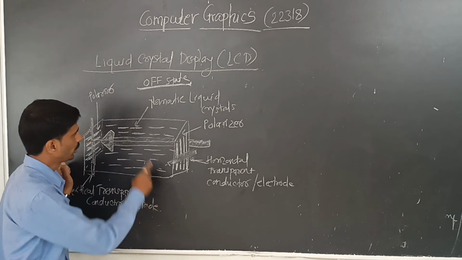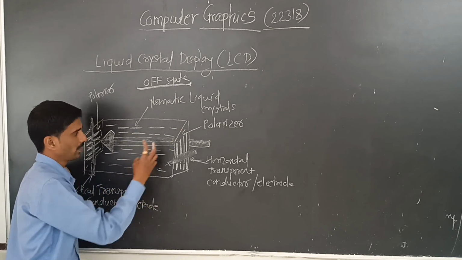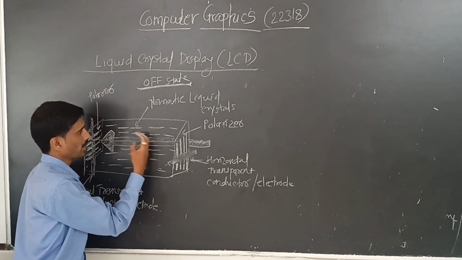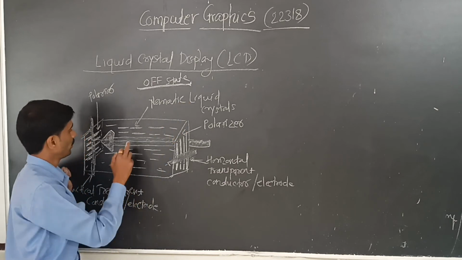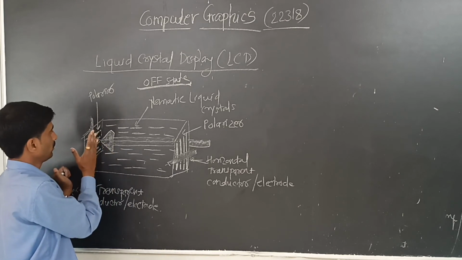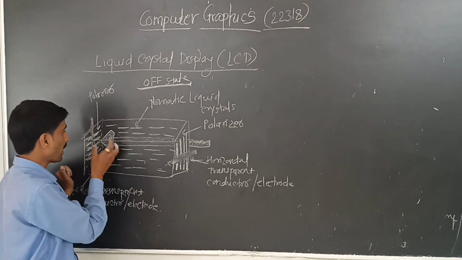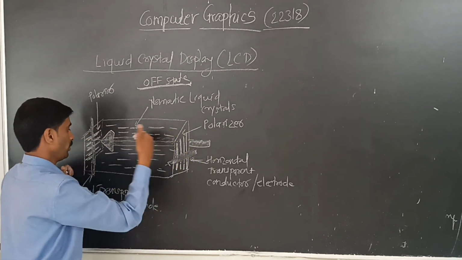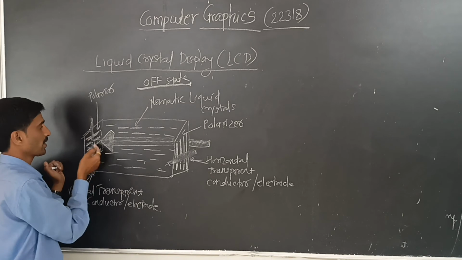But due to the alignment of these nematic crystals, the light strikes these crystals and will not pass through the horizontal polarizer filter. The direction of this light is vertical, and here in the off state the light will not pass through this polarizer filter,